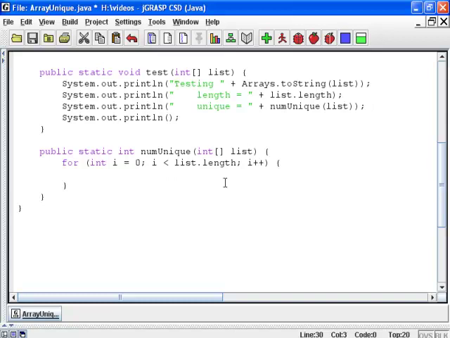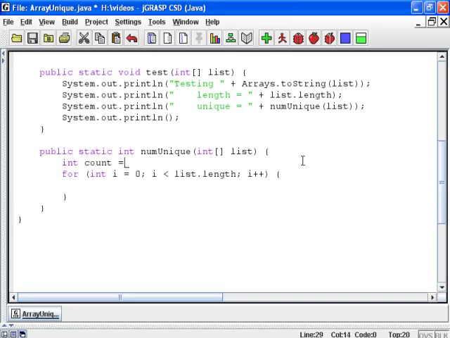And what we'd like to do is to figure out some way to count as we go. So we'd have an integer counter that we could start at 0, and then as we traverse through this list, what we'd like to say is if something has happened, we've got to figure out what that something is, then we'd like to increment our counter. So count plus plus,